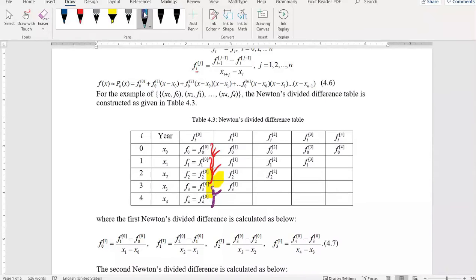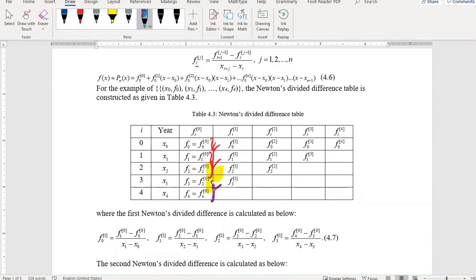After you obtain the first level, when you want to get the second level, you will be a little bit confused. The second level is dependent on the first level. To get this one, it is still the same thing. You take these two, meaning f0^2 is dependent on f1^1 minus f0^1 at the top, divided by